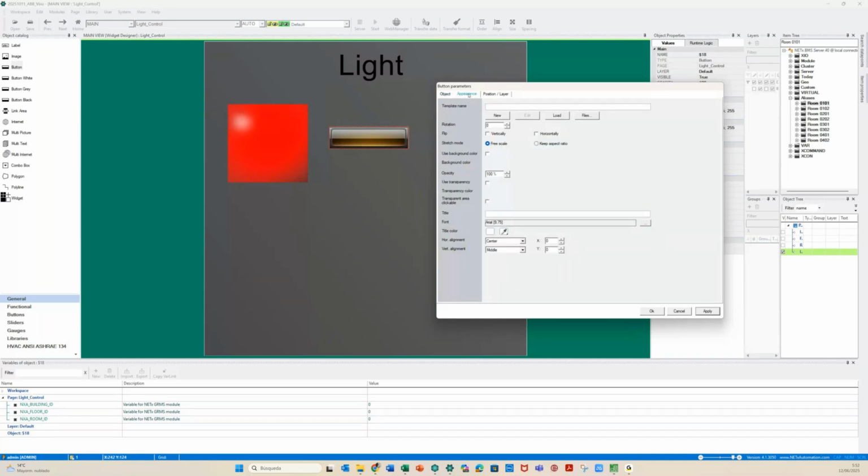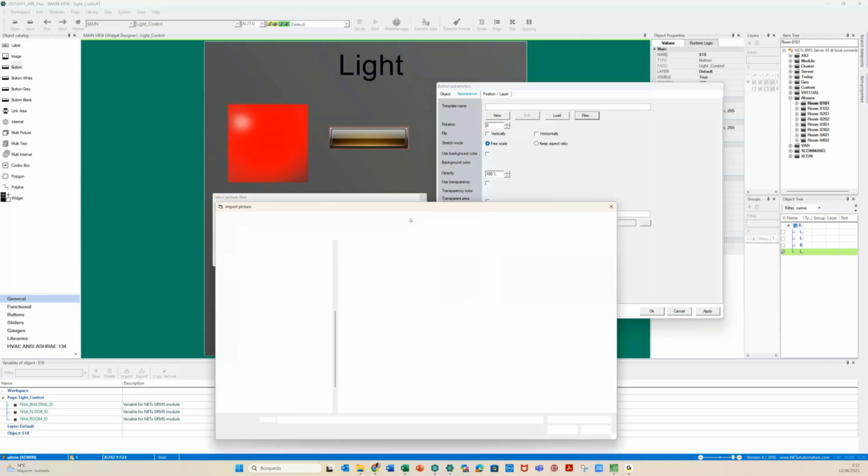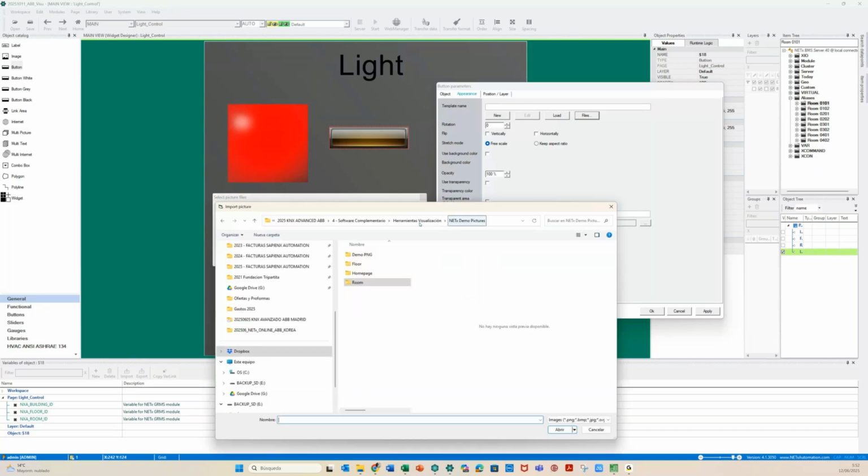So I will go to appearance, and then I will select different images for my button. I select the files button here, and I can select different images for the off, the on, and the undefined state. If you don't have an image, it could show you something different. But in this case, I'm just trying to find a plus image. So if I can find this, no, this is not it,